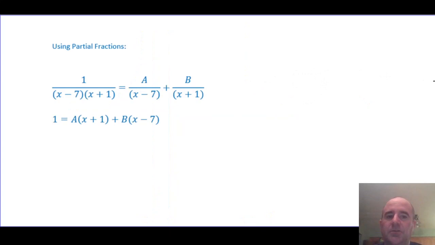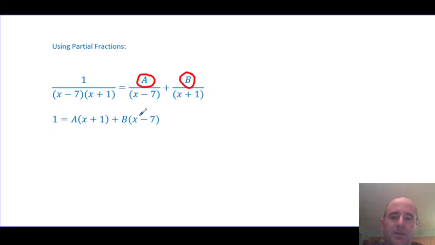Okay, so here it is using partial fractions. So I've defined these values a and b, and I know that there'll be some a and b that when I add these together, I get a 1 with a common denominator of x minus 7, x plus 1. Multiply both sides of the equation by x minus 7 times x plus 1, and you get 1 equals a times x plus 1 plus b times x minus 7. You can also look at it this way. If you were to find a common denominator here, you'd multiply b by x minus 7 and a by x plus 1. And then you have 1 over x minus 7, x plus 1 equals a over x minus 7 plus b over x plus 1.